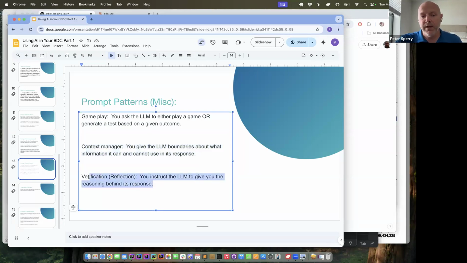Another one that I won't show an example of today is the verification or reflection pattern. When you get a response from ChatGPT, you can ask it to effectively show its work. So I want you to tell me why what you said is true, effectively is what you're asking. You can use this one for training materials. You can use this one to perfect something you're doing. Maybe it's that Honda Corolla or the Civic Corolla comparison, and you can ask it to effectively prove its work.